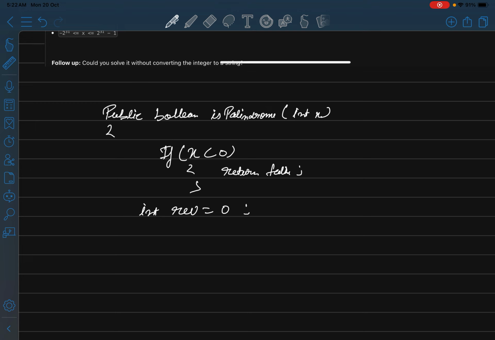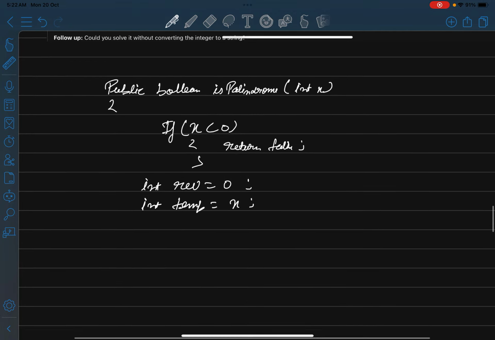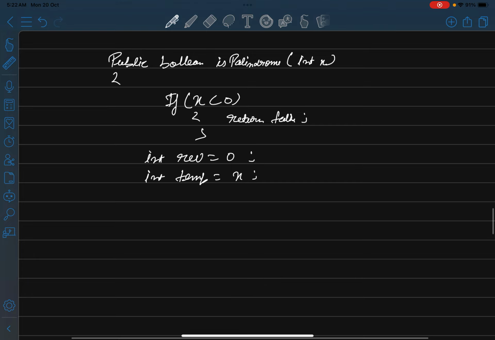And I store the original number in a temporary variable like temp, because when I reverse the number, your original number is changed. So at the end I could not compare the original number and the reversed number.